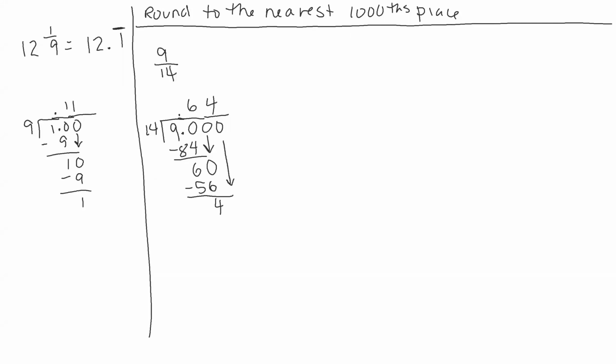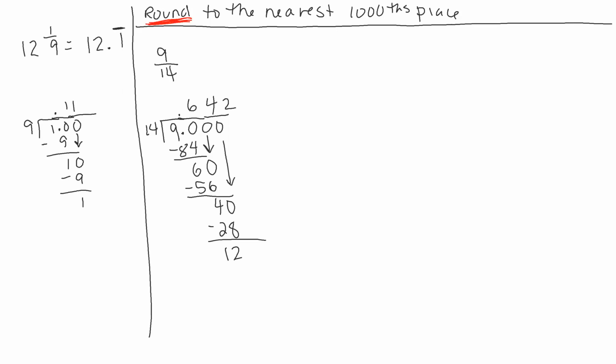Add another 0. Well, let's see. 40 divided by 14. In this case, I just get 2. So 2 times 14 is 28. I subtract, let's see, I get 12. Now, here's the thing. I have divided out to the thousandths place, but the directions very clearly say round to